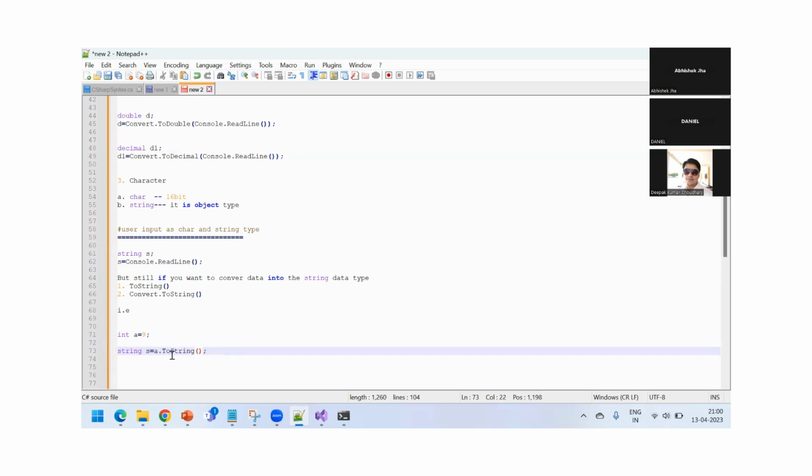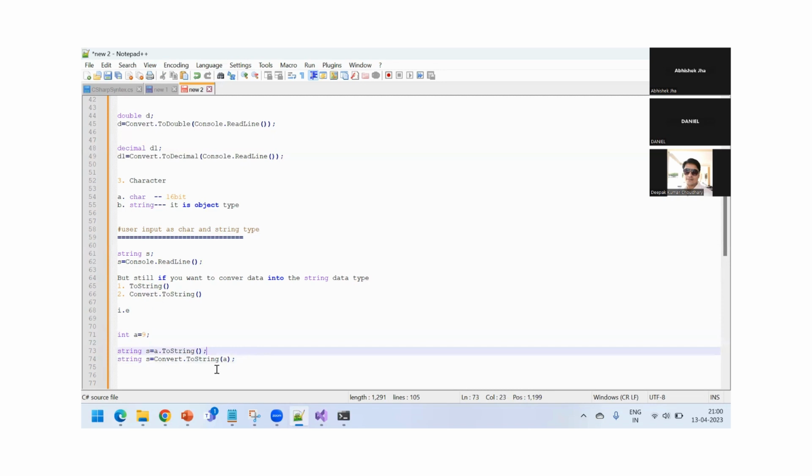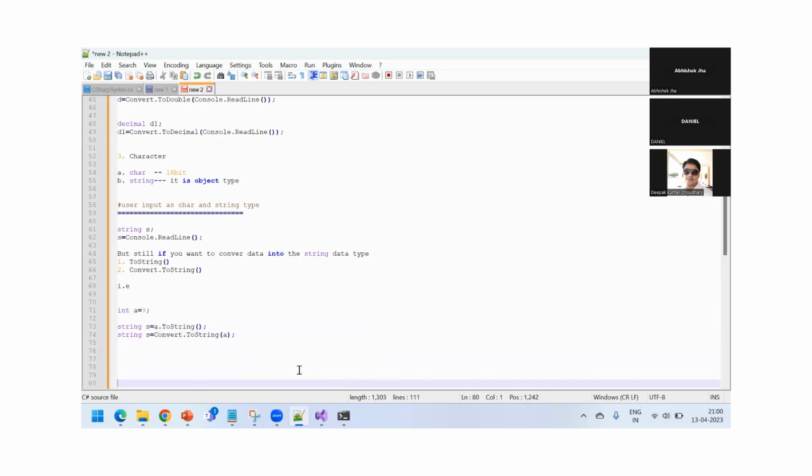This is one of the methods to convert any data to a string, and another process is to just write Convert dot ToString and provide the number that you want to convert. So I gave a as the parameter. That means the Convert class will convert that a, which is an integer type, into the string type. Okay, so this way,